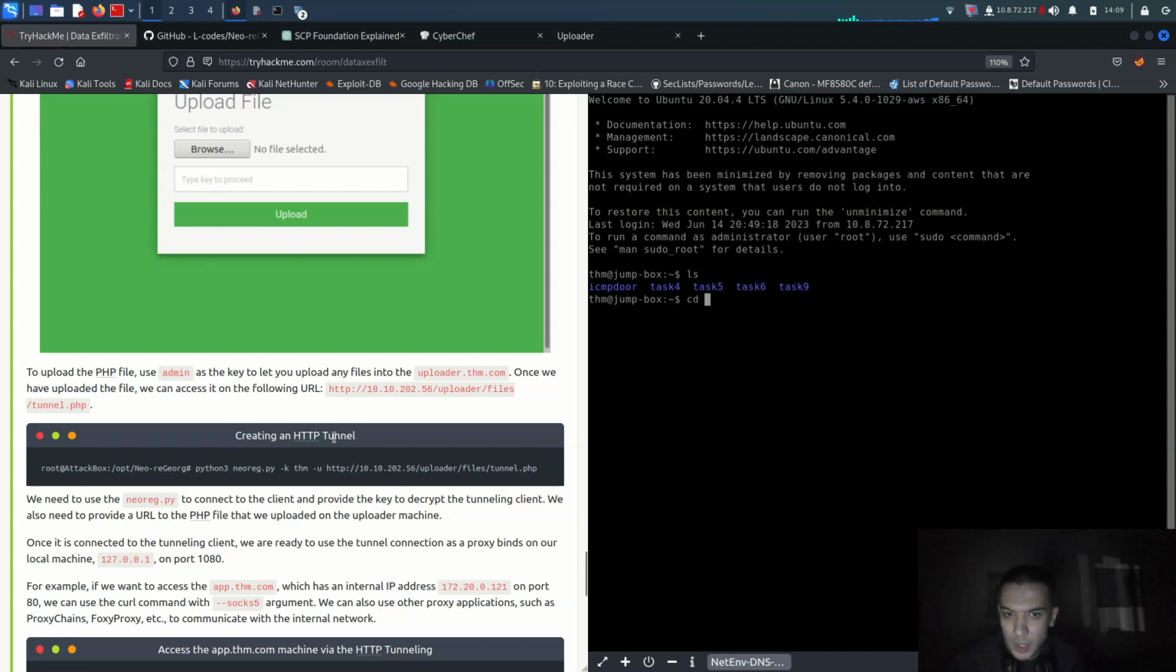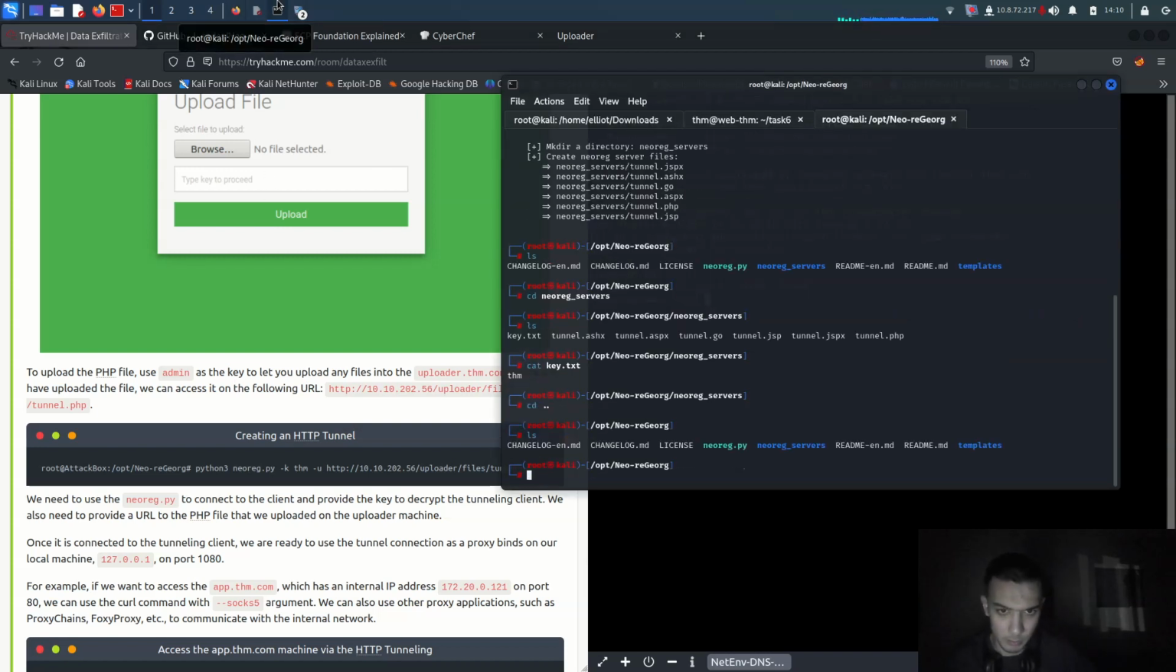Okay guys, we are actually using this to upload the PHP file. Use admin as the key. Type proceed. We have to be using admin as the key to upload any files to uploader.tryhackme.com. Once we have uploaded that file, we can access it on the following URL to tunnel.php here. So that means I think we have to go for my tools here and then use Python to generate the key, TryHackMe, and using the URL http